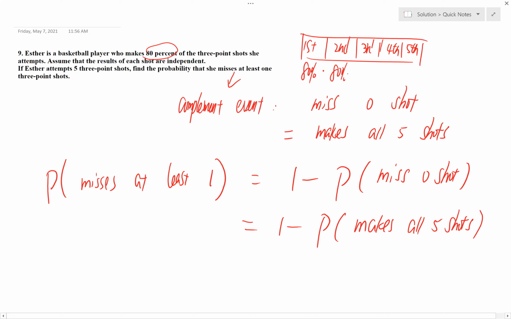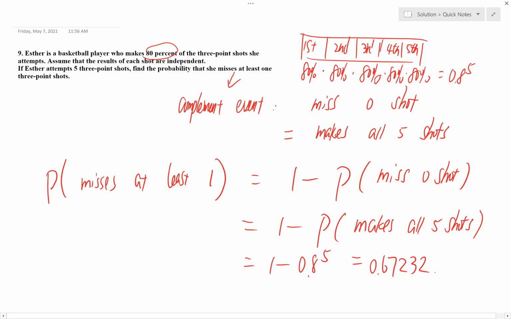So 80%, 80%, times 80%, times 80%. Okay. So you just multiply all of those, and it's 0.8 to the fifth power. So this is 1 minus 0.8 to the 5th power. And again, you need to put it into the calculator or Excel to get a result. 0.8 to the 5th. And this turned out to be 0.67